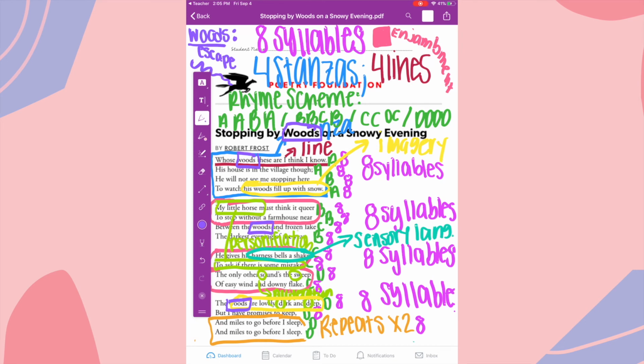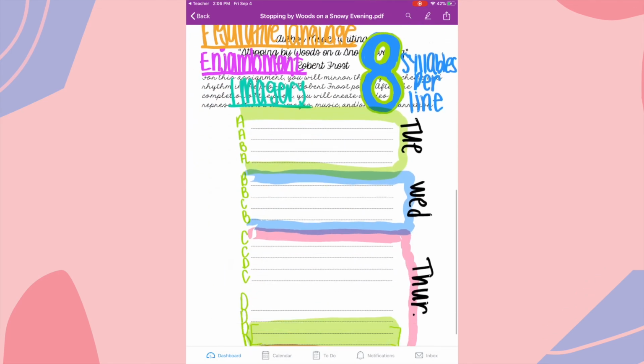So now that we've looked at this and we have a model, we're going to use it to mirror our own poem after. We're going to take the elements of this and construct something new on a topic that is now culturally relevant, modernizing this poem. So you will be turning this in. You're not turning it in quite yet because there's a step 2 before you submit it. And step 2 is scrolling down to the next page,